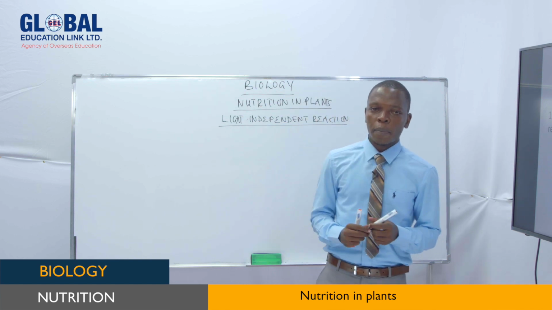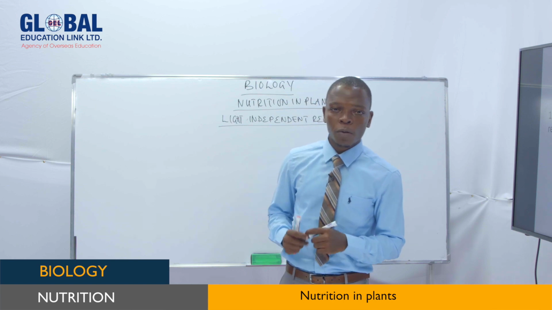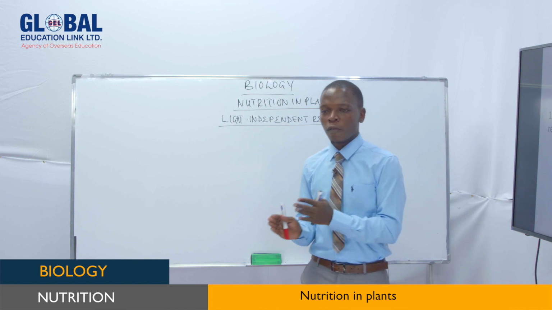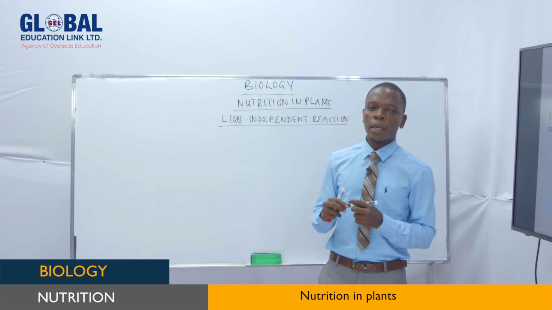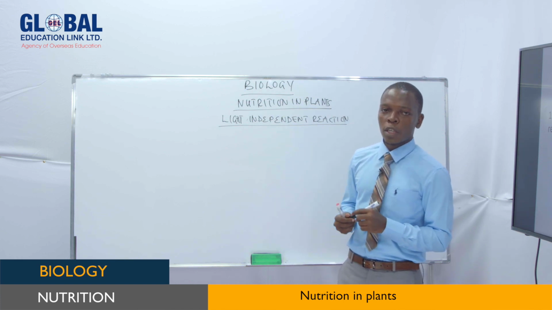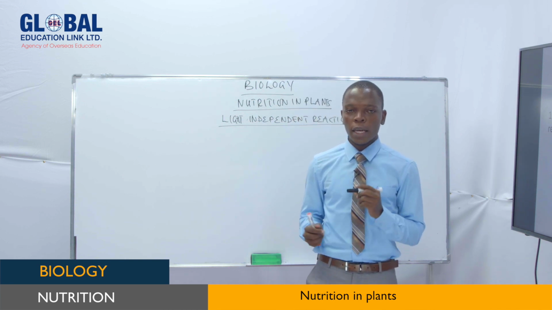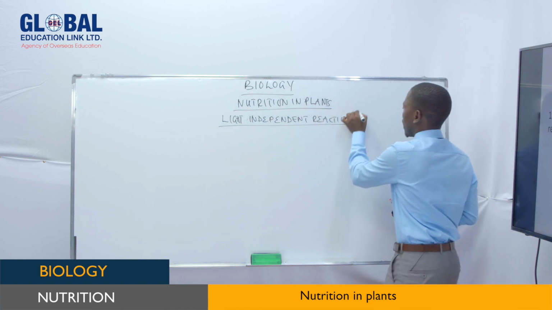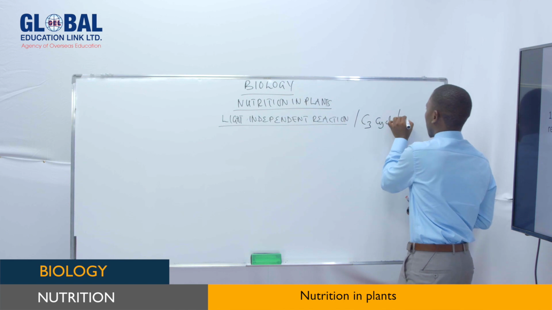The overall purpose of this light-independent reaction is to convert carbon dioxide from the atmosphere into carbohydrate. How this conversion of carbon dioxide into carbohydrate occurs is what we are going to explain here. This light-independent reaction is an enzymatic controlled reaction which was explained by a scientist known as Melvin. And that is why sometimes this light-independent reaction is also known as a C3 cycle or Calvin